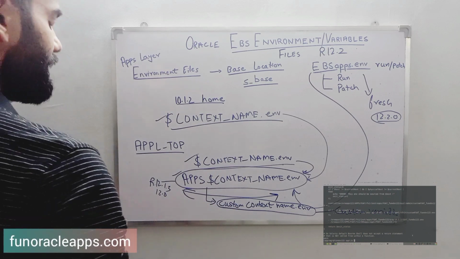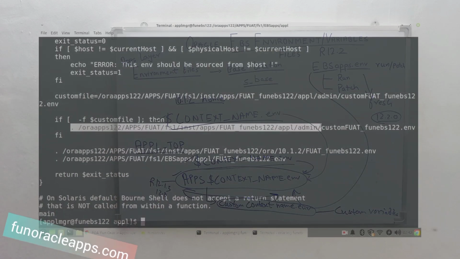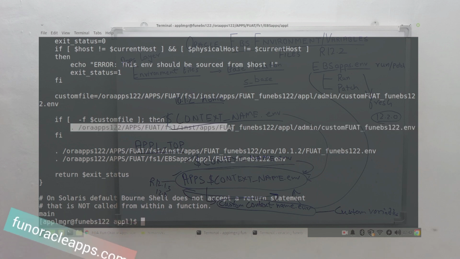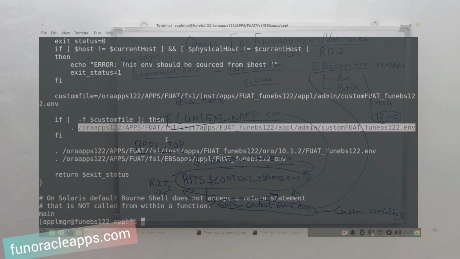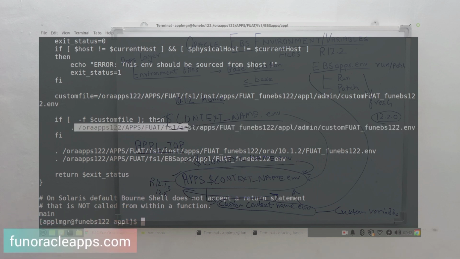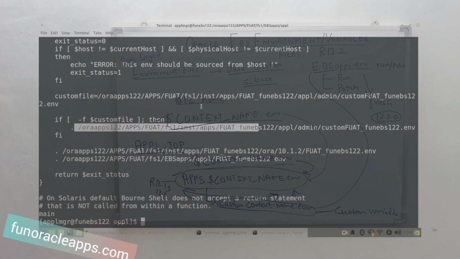So where do we create it? You can manually create it. If you see right now on the screen, we have this particular custom environment file. You can simply create this environment file at whichever location you want.